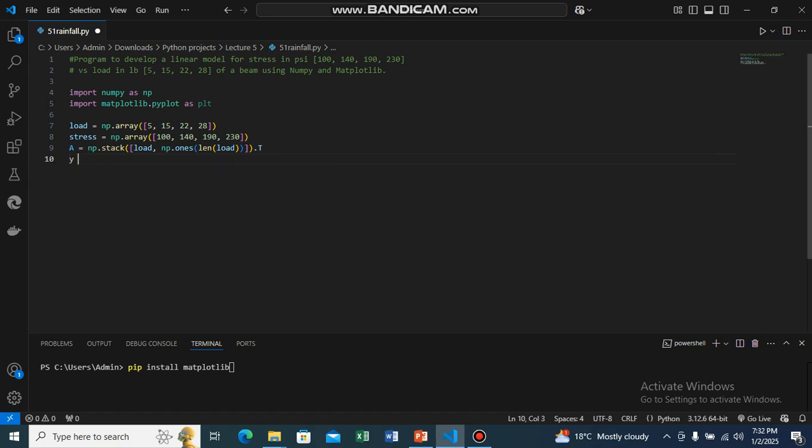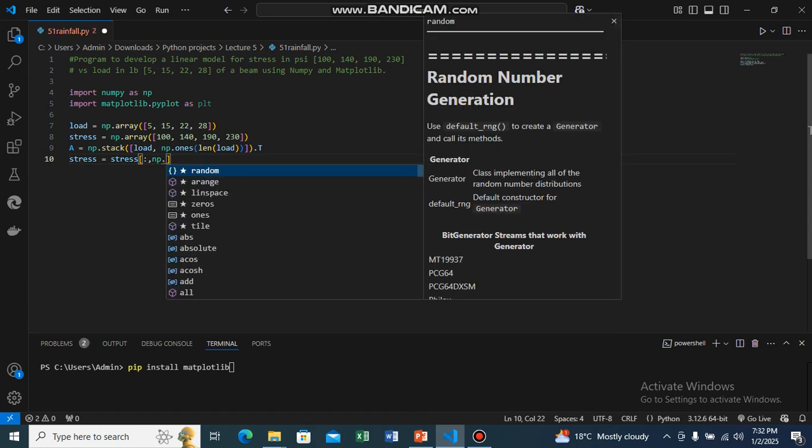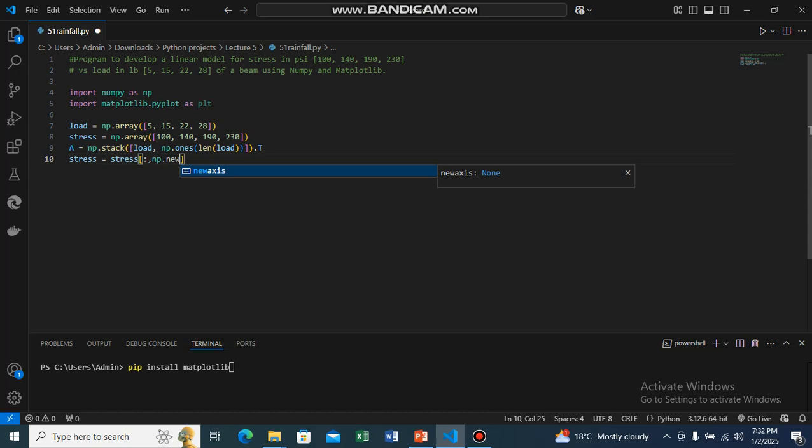Now we have to convert the stress into a column matrix. To convert it, we have to write np dot newaxis. This will convert stress into a column vector. Then calculate our